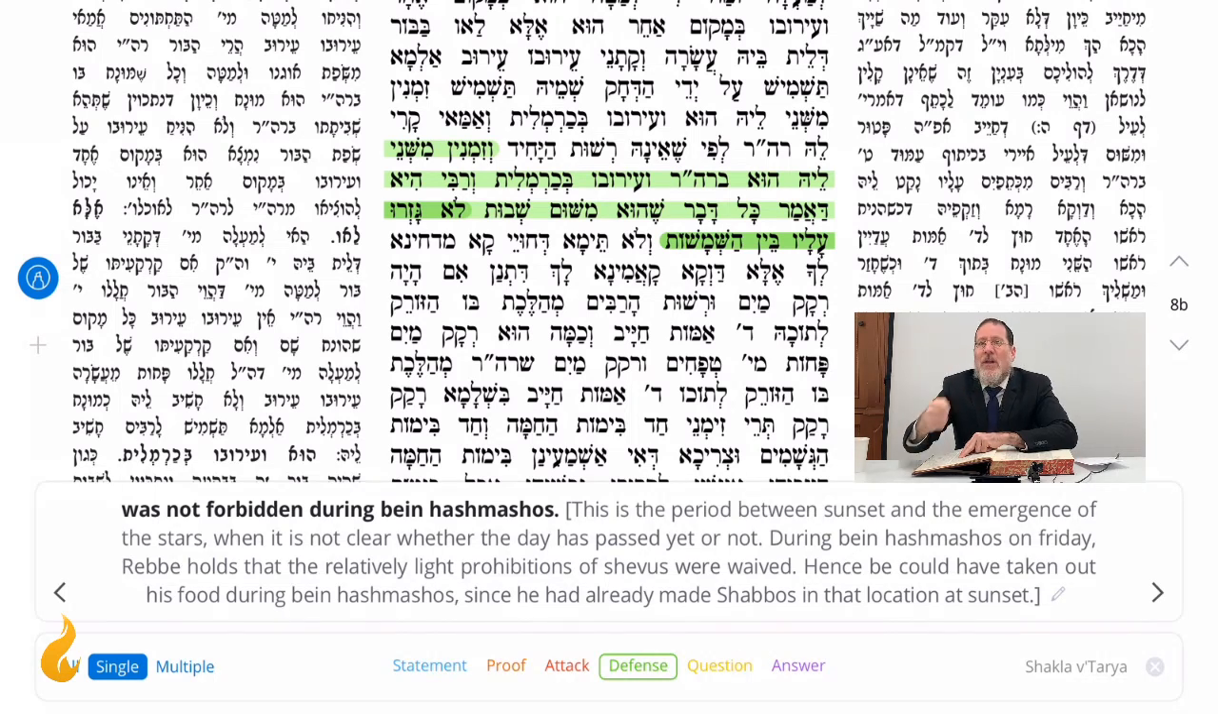Midoraisa, I am allowed to transfer from a karmelis into a reshus harabim. I'm allowed to do it. It's only midrabanan that I cannot do it. But since even midrabanan, I am allowed lechatchila to transfer from a karmelis into a reshus harabim during bein hashmoshes, and when it comes to eruvei tchumim we look at the zman of bein hashmoshes, so me and my eruv are in the same domain. Beautiful. And says Rava, this is a